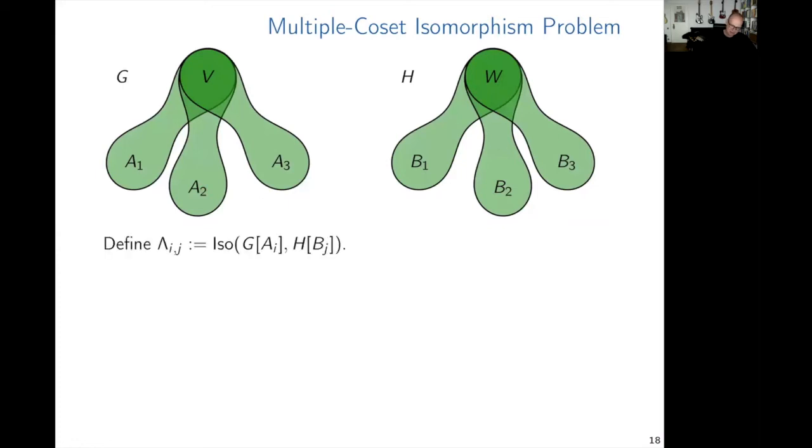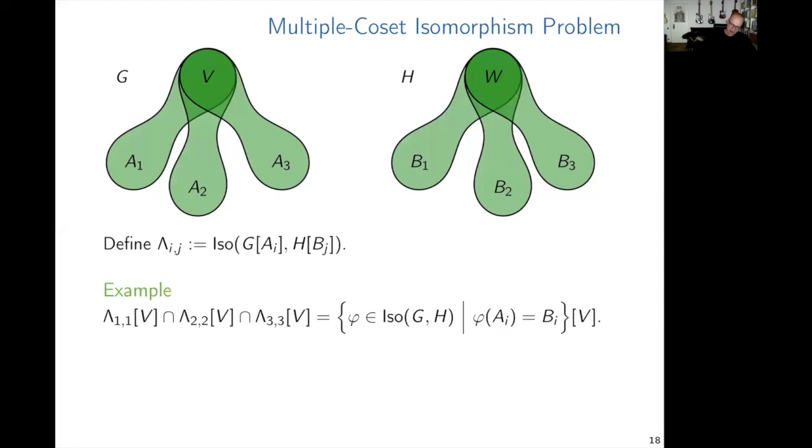Okay. So let's say we define these sets. Lambda ij is the isomorphism from this part here. Let's say if 1, 2 would go from here to here. Okay? We can compute them. Let's say we have them from our recursive algorithm or dynamic programming algorithm. Okay? So then when we want to merge them, of course we can forget